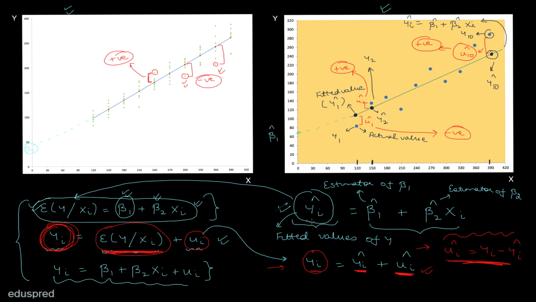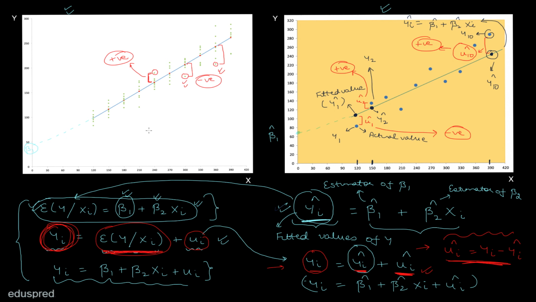So from equation number 1, we know what y hat is equal to. And in equation number 2, we have y hat over here. So if we put equation number 1 into equation number 2, we will get that y is equal to beta 1 hat plus beta 2 hat xi plus ui hat. So this is the third sample equation that we have. Okay, so this completes the discussion on the sample regression equations. So now you know the 3 population regression equations and you know the sample counterpart of all of those equations.